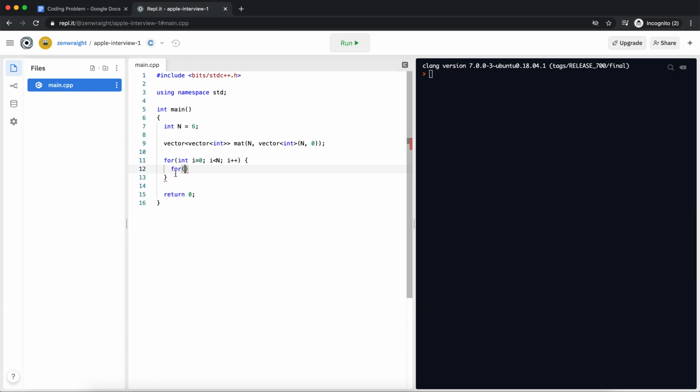Oh, actually, we don't need to create the vector. As we saw, we basically solve it based on x and n. So we just take